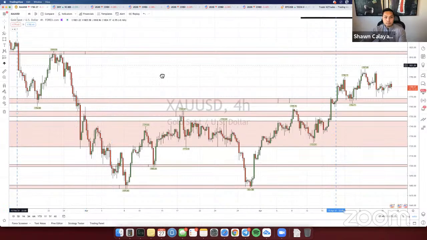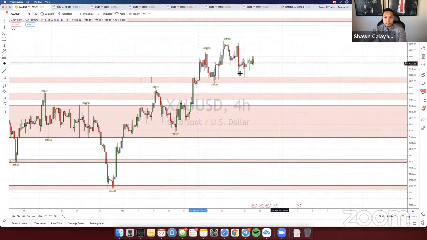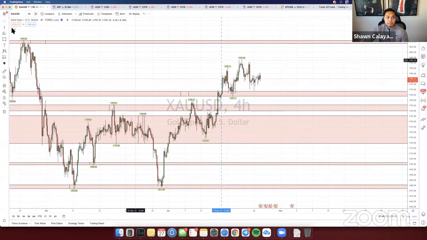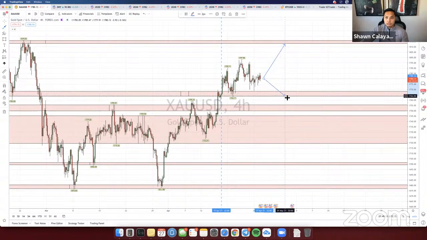So anyways, looking at this point here, once we identify market structure from this point, this is what we would be looking for, right? Because price broke into this structure on April 16th. It's currently April 27th. So price is just going to be bouncing around this area here until it breaks into new market structure, right? New market structure is going to be if price breaks above here, this is going to be new market structure above this area, or vice versa. If price breaks below here, this is going to be new market structure down here.